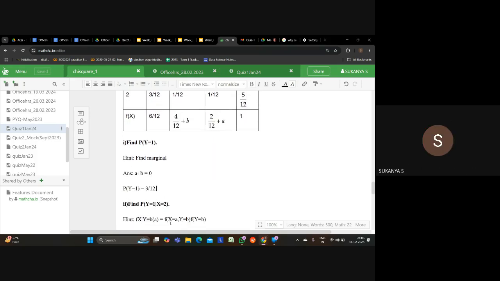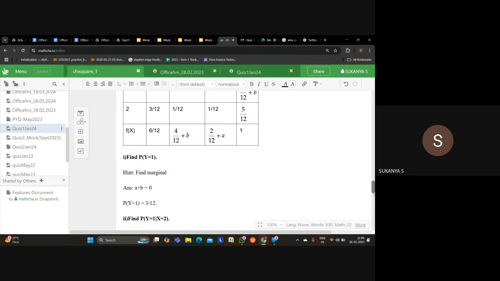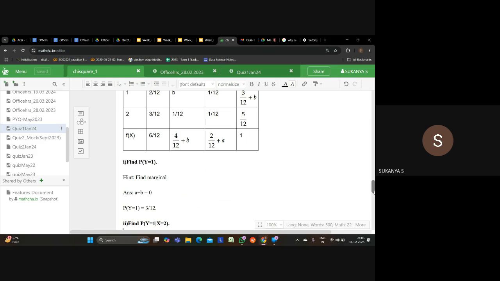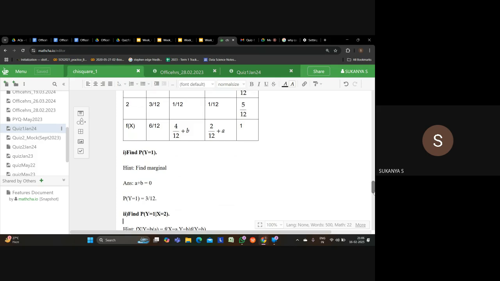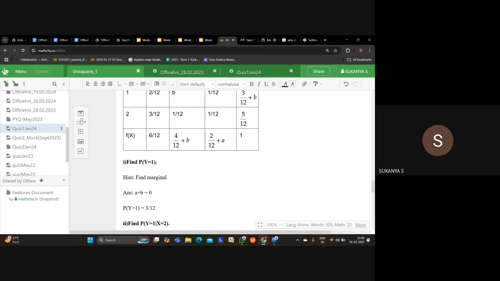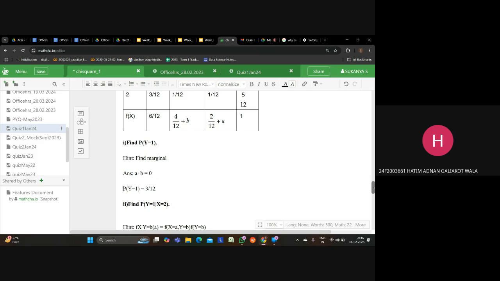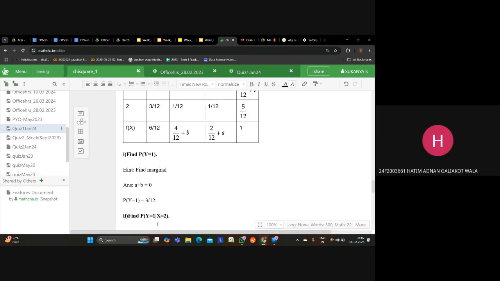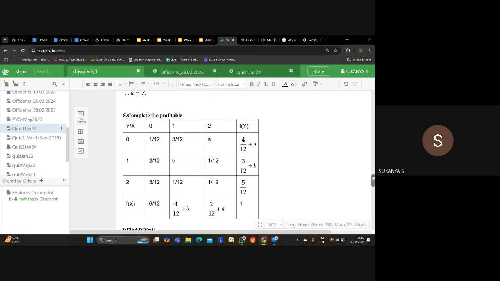Perfect. Now, next is the probability of y is equal to 1 given x is equal to 2. You are given that x is equal to 2. What is the probability that y is equal to 1? What is the definition of conditional probability? What is the formula? P of y equals 1, comma, x equals 2 upon P of x equals 2. The first one says the probability of y is equal to 1 intersection x is equal to 2. What is that probability?